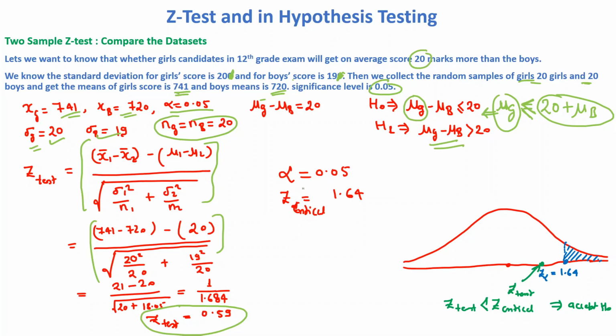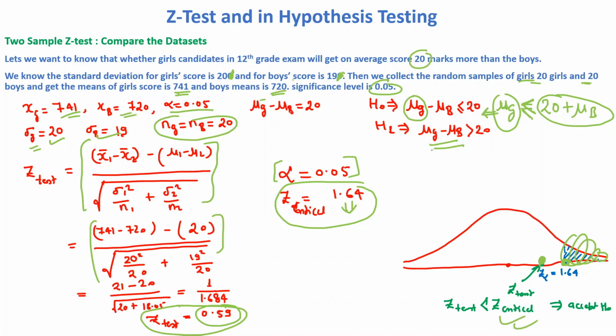So how will we verify? For that, the alpha value we will calculate by using the Z table. So you will get from the Z table 1.64. This is your one tail test. So the Z value we are getting is this, and our Z test value is 0.05, which is not coming inside this particular region. So we will accept the null hypothesis.